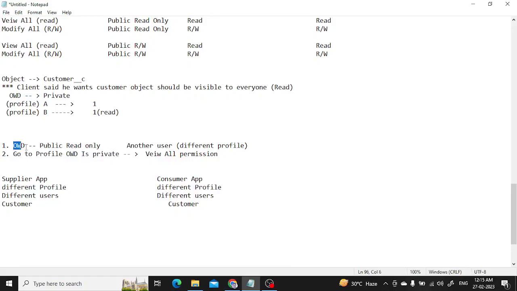The first solution was that I need to change the OWD, but it will be a bit risky. I'm opening the access to everyone. No, I don't want to do that because I'll lose the security. So what I'll do is I'll say okay, for my profile, these two users belong to the same profile, so for them I'll share the access. How? I'll keep the OWD private. That means